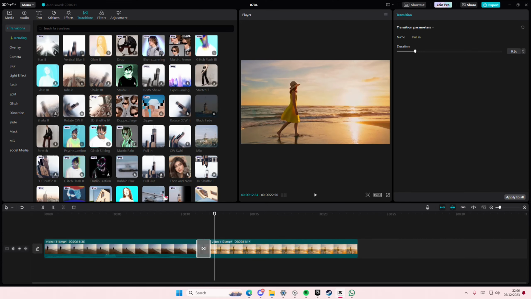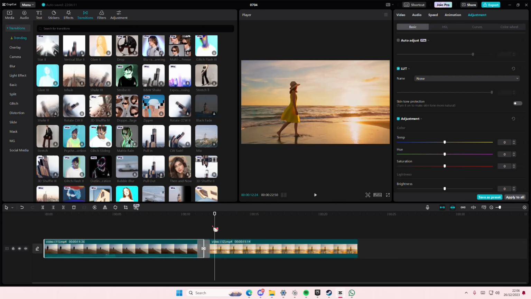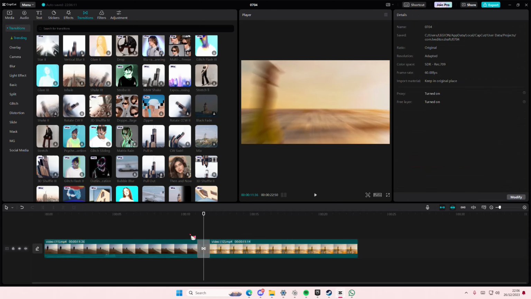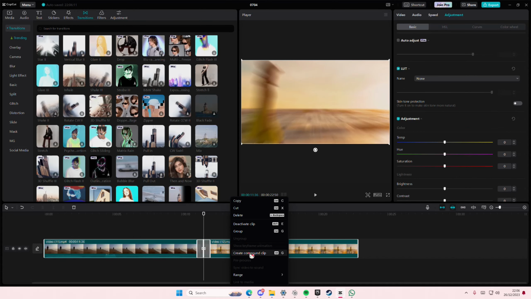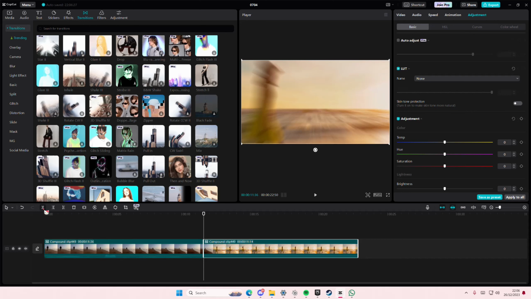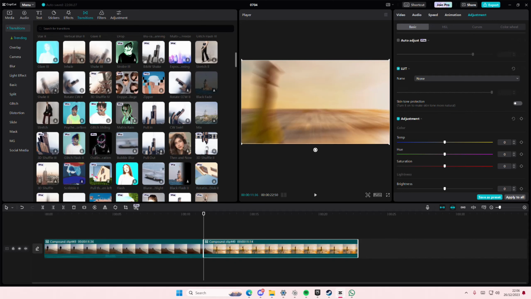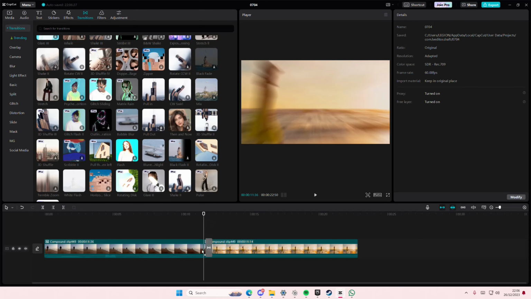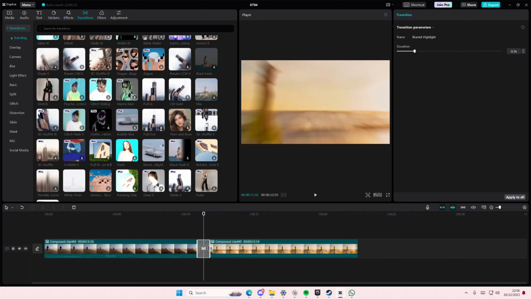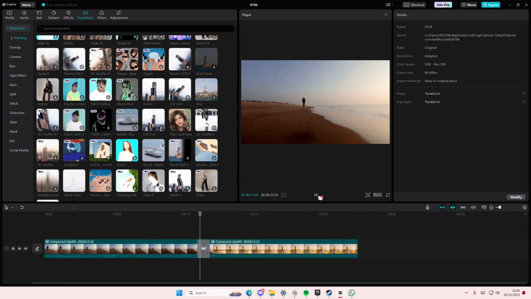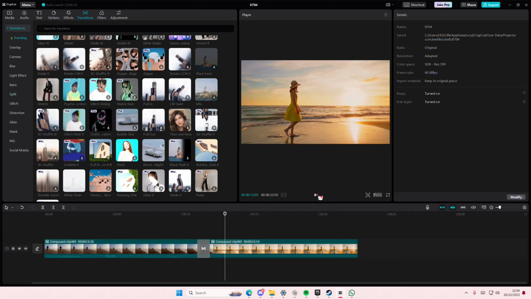But for instance, what if I wanted to add in another video transition to make it even more dynamic? I'm just going to put this line in the middle. I'm going to then select both, right click, create compound clip, and I'm going to split that in the middle again. Then I'm going to add in a video transition in between that so that it adds in another video